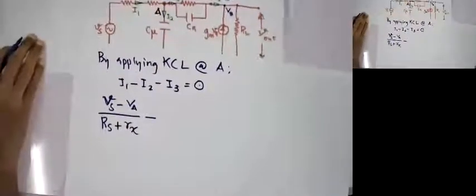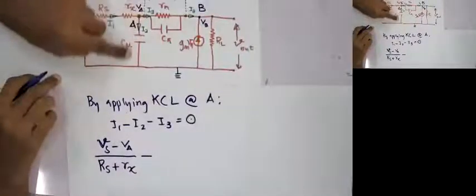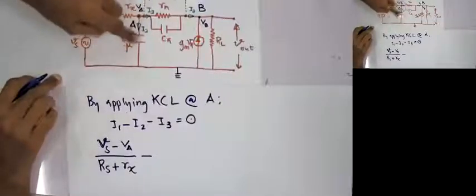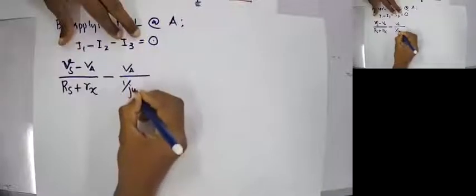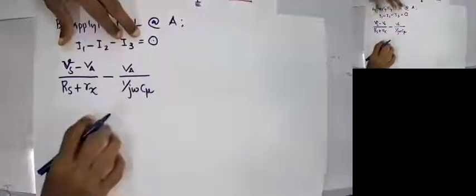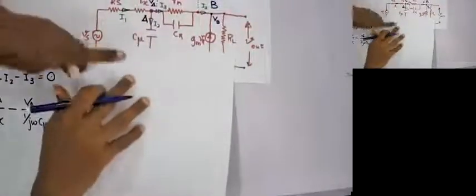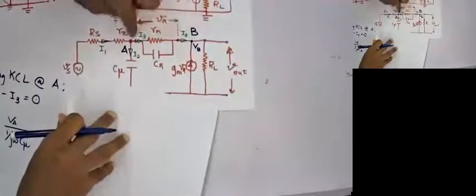I2 will be VA. The voltage across the capacitor will be VA, VA by 1 over j omega C mu. Only we have a capacitor. So minus VA by 1 over j omega C mu, and minus, what will be my current I3? I3 will be, of course, we have V pi. Current I3 will be V pi,